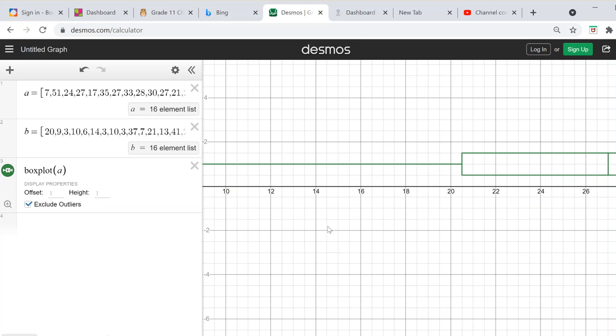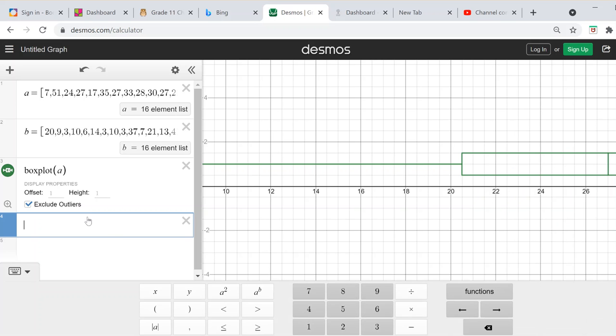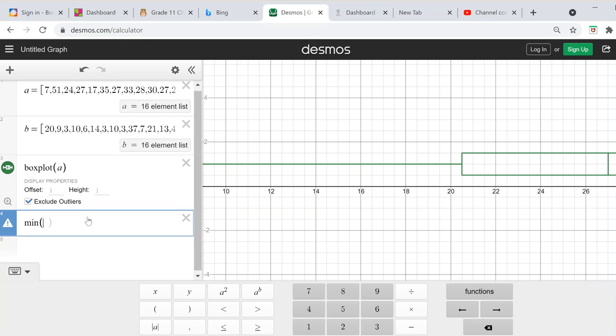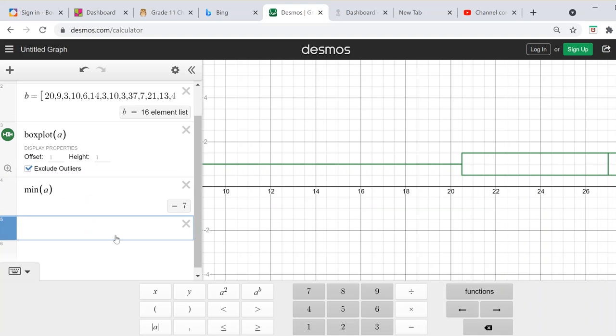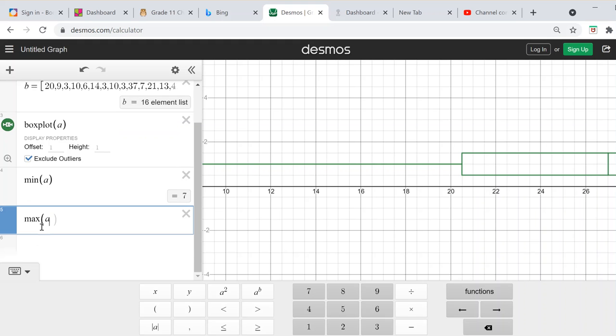If I go into settings, which is just off my page, I can put in the values. I don't know at the moment my smallest value, so what I could do is type in min of A, and it's 7. Then I'm going to put in my maximum value of A,